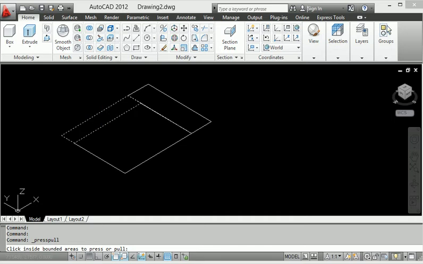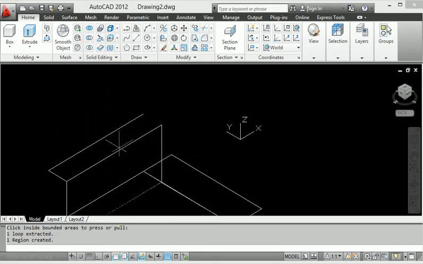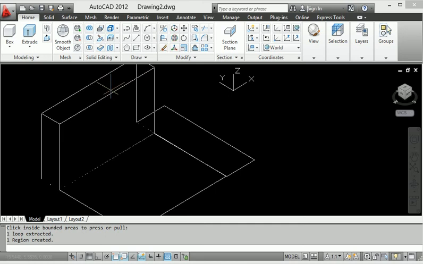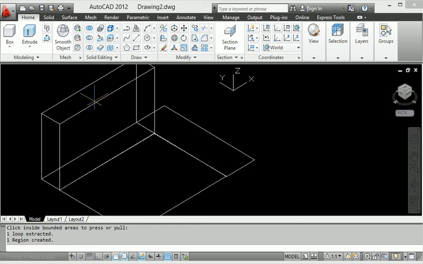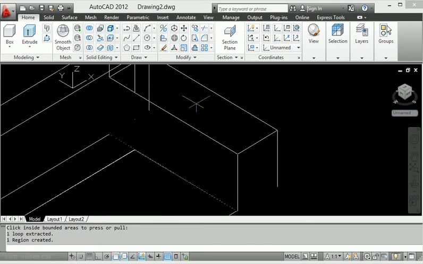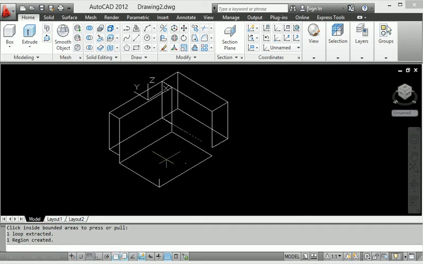When I select this one and go to a particular distance, then again I enter the press pull command and show you another thing, mirror. I show you some distance here.